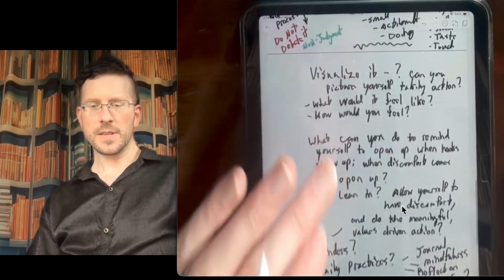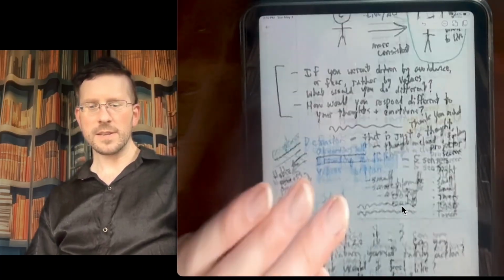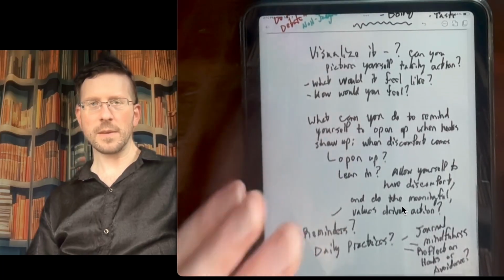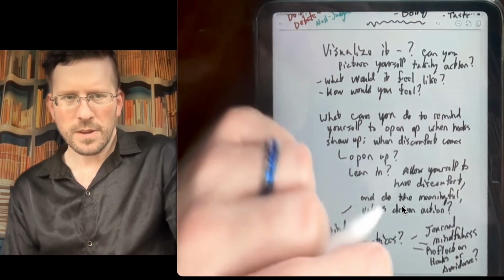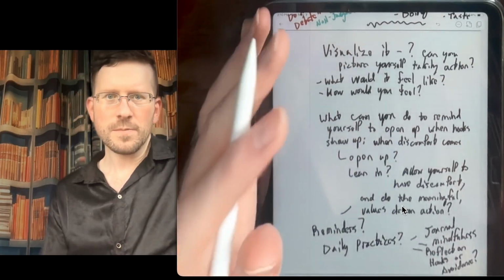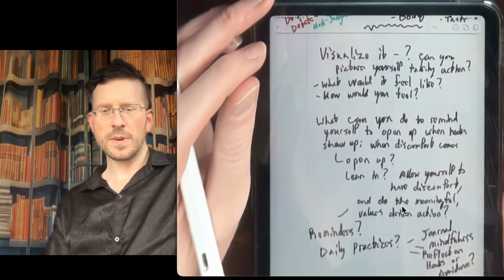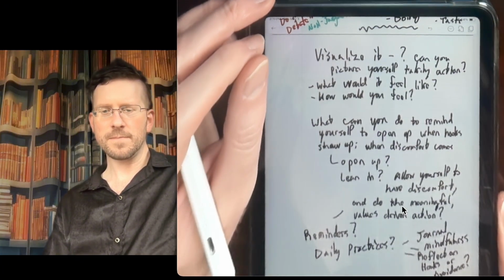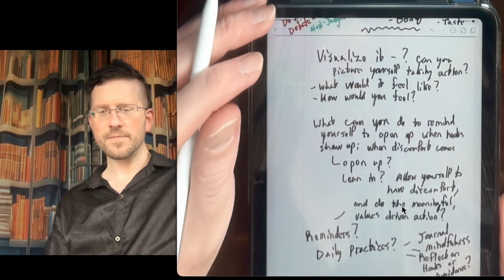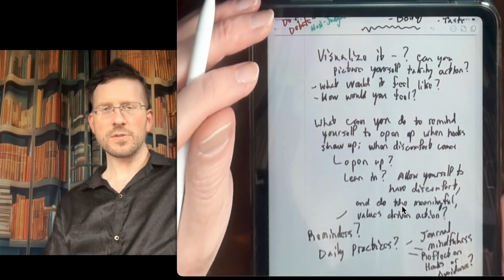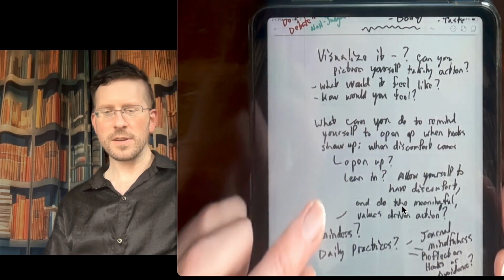Now I have all this essentially on one handout, but I just worked through it here, doing it in writing, so it took a lot more space, and I'm writing real big on the iPad. So does that make sense? I know I have to talk slower as I'm doing the writing, so I follow along with it. So what do you think of this process? If you use ACT, what would be other ways that you use ACT, whether with your clients or in your own life? Are there other ways that you would journal or self-reflect on applying ACT to a particular situation where you get stuck or hooked?